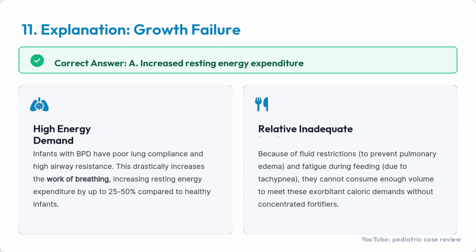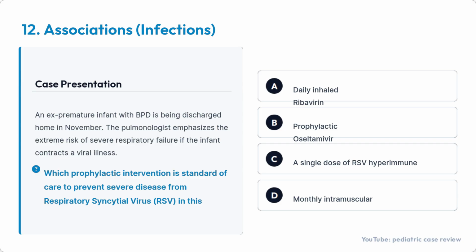Infants with bronchopulmonary dysplasia have poor lung compliance and high airway resistance. This drastically increases the work of breathing, which raises their resting energy expenditure by up to 50% compared to healthy infants, leading to a massive demand for calories. Question 12. Infection associations. An